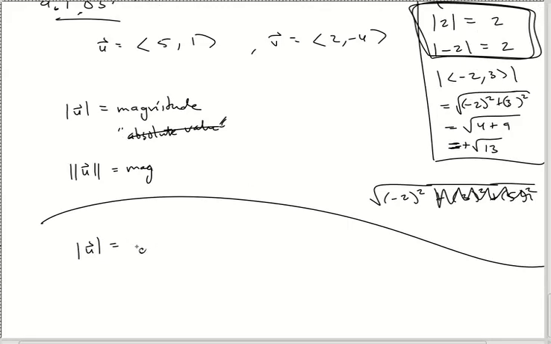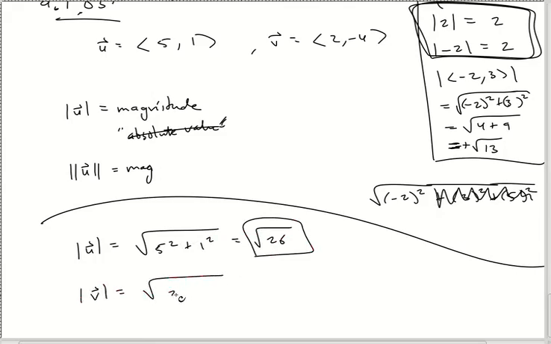The magnitude of u is going to be 5 squared plus 1 squared. I got 25 plus 1 is going to be 26. And that's it. Magnitude of v, square root of 2 squared plus the 4 squared. Whoa, whoa, whoa. That was a negative 4. What am I doing? I did not mess up this time. I didn't. I just wanted to show